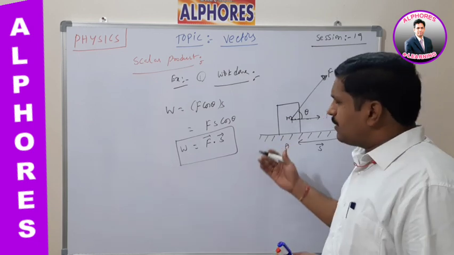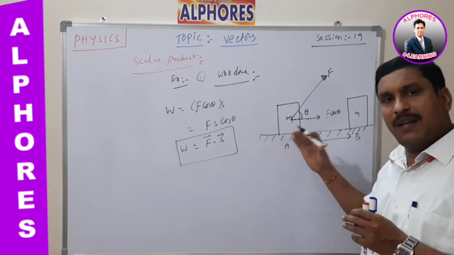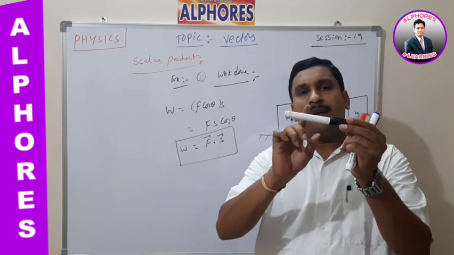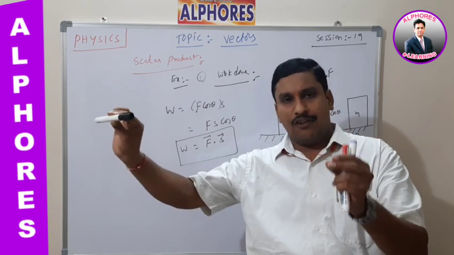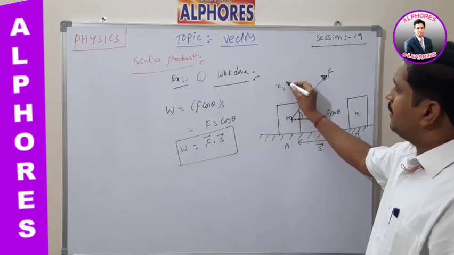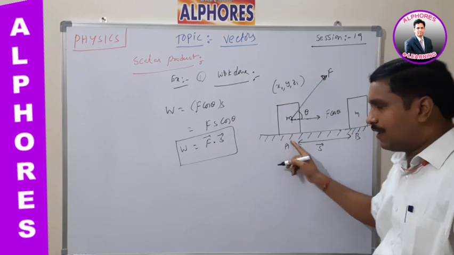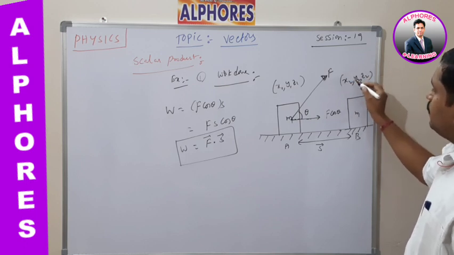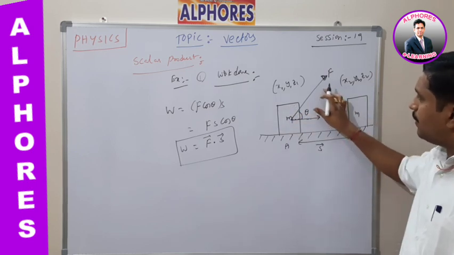Now based on this, I have to give position vectors. For example, this body can be taken as a particle placed in space. Some force is acting on this particle, which moves from one point A to another point B. Let us say the initial position is x1, y1, z1, and the final position coordinates are x2, y2, z2. So the block moves from point A to point B under the application of an external force.